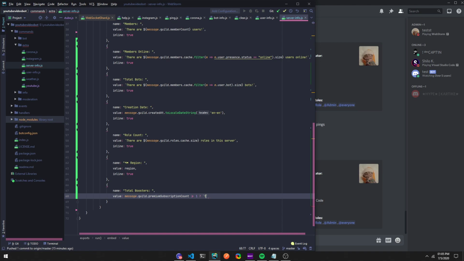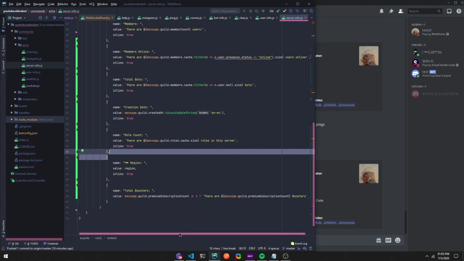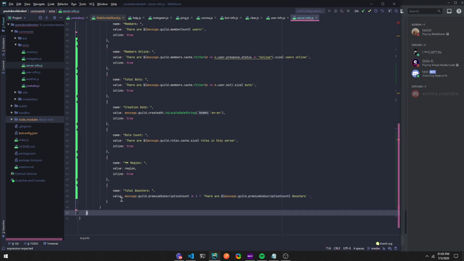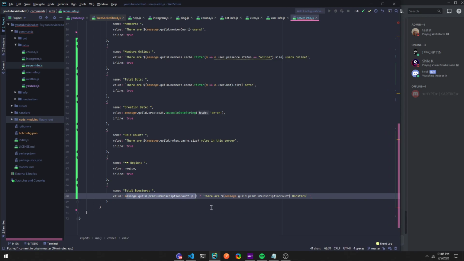Put backticks. There are, message, boosters. And then now we're gonna set it to false, like if it's not. So the question mark, after the question mark, this is the ternary. So after this right here, this is displaying if it's true. So if it's true, we're gonna say there are a blank amount of boosters. Then if it's false, if it's not greater than or equal to 1, we're gonna display